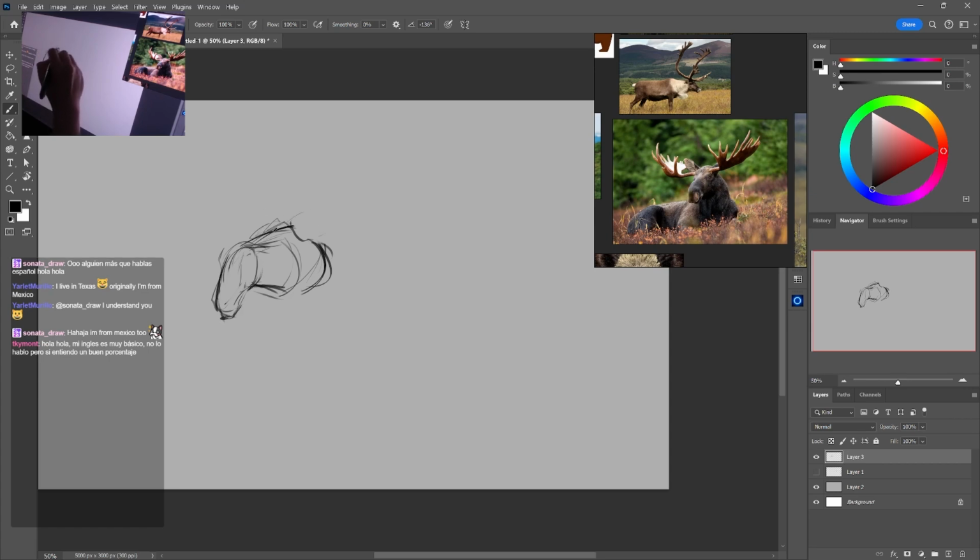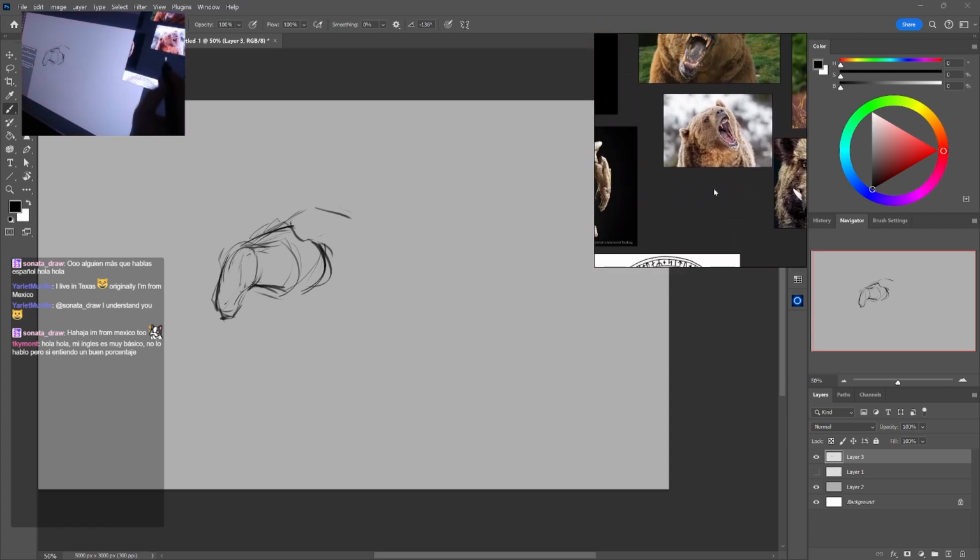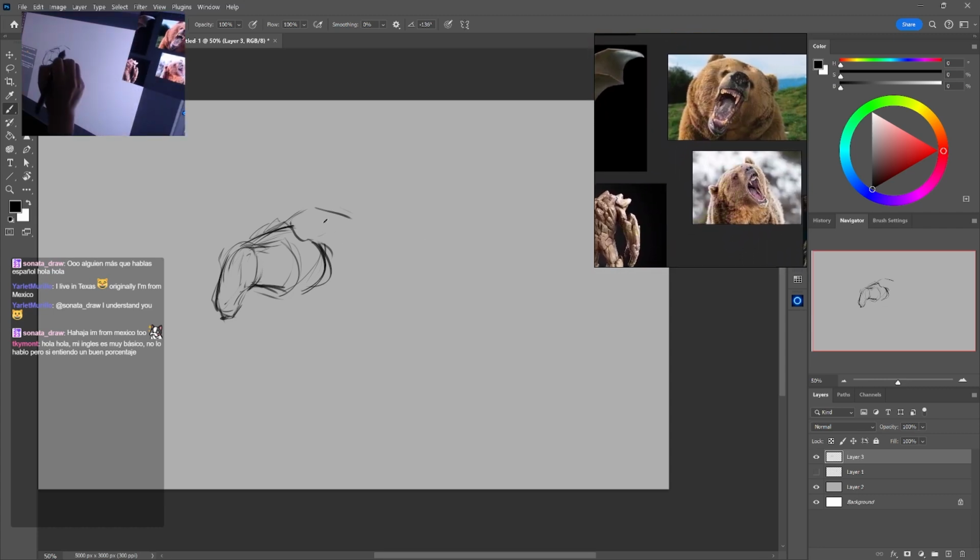Okay, so there's his head, right? And then I think for the body, we can maybe go with a bear, you know? See how the bear would look. We'll give him a huge bear body, kind of. Give him a bit of a hunchback look.